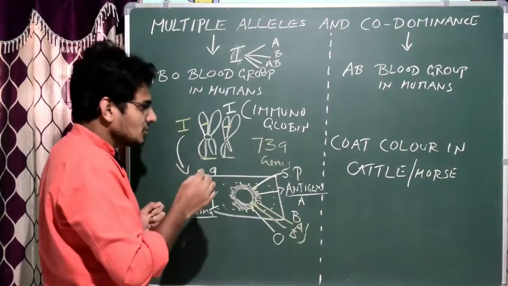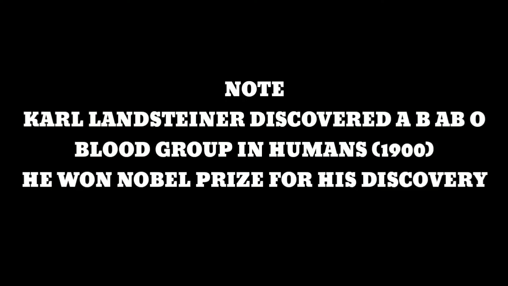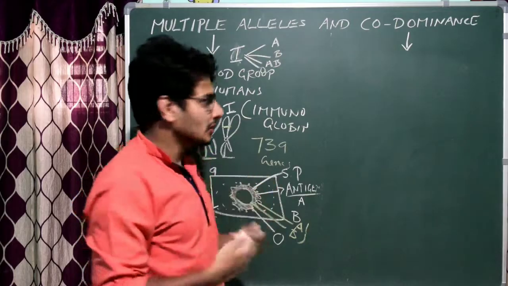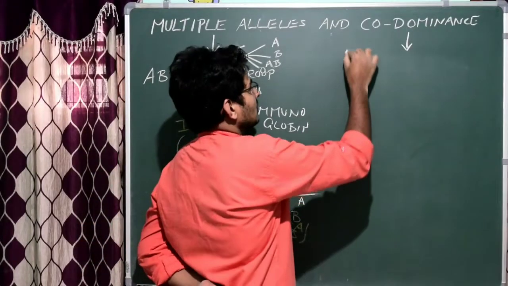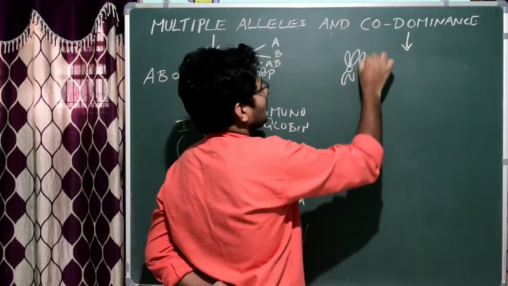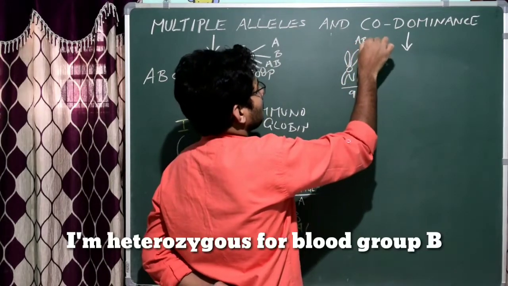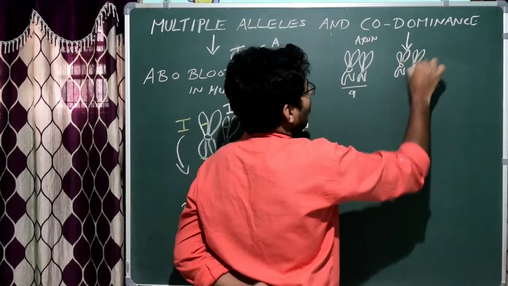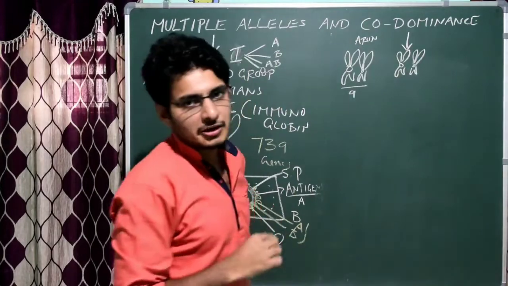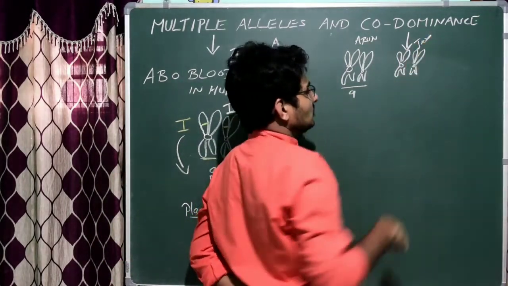For example, I just want to write here. I'll erase this first and I'll write. Just take myself as example. My blood group is B. I am drawing the chromosome number 9 here. This is me. And we'll take one more example. This is the 9th chromosome of Jayalakshmi. Her blood group is O. I'm going to write Jayalakshmi.